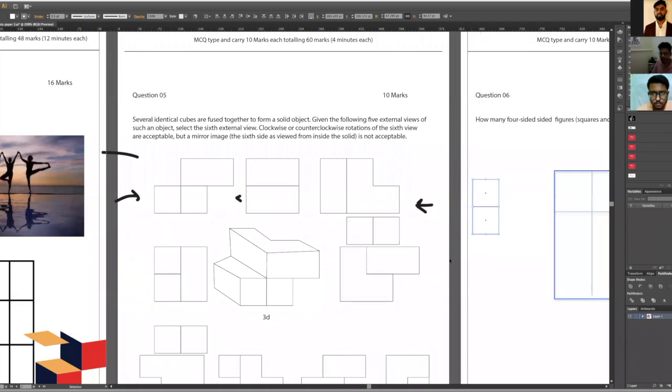Yes, Shalini. My question is that this is an MCQ type question, and we could only get 4 minutes hardly. Yes, you will get 4 minutes. I think this is the first time you are facing this question, right? So either it will come this way or it will come as the 12-minute question. But that doesn't really matter. You have to understand the spatial knowledge of it.